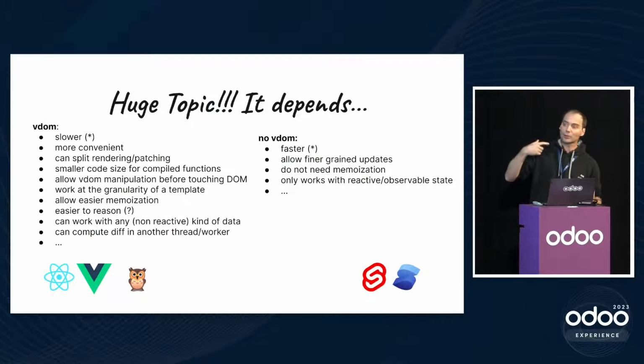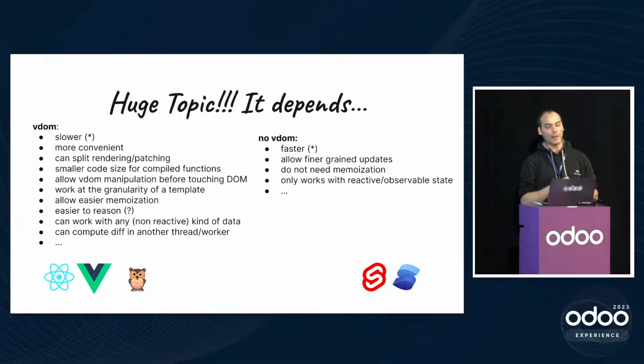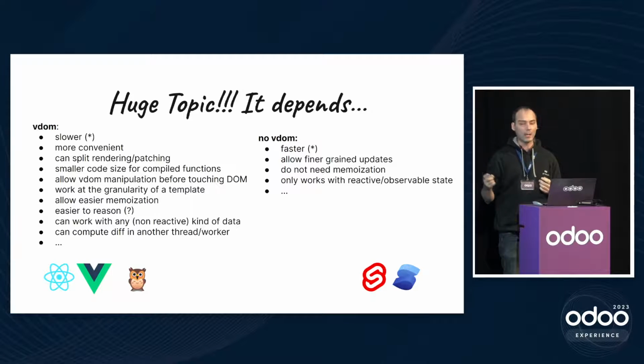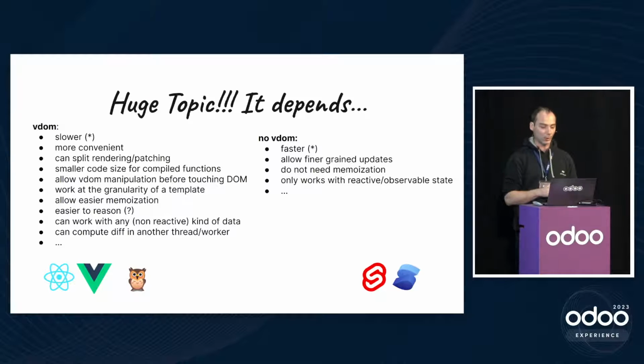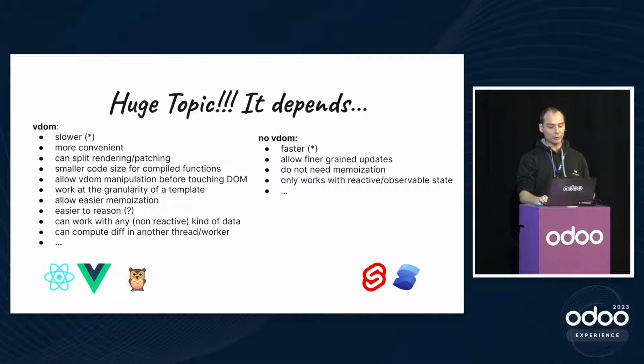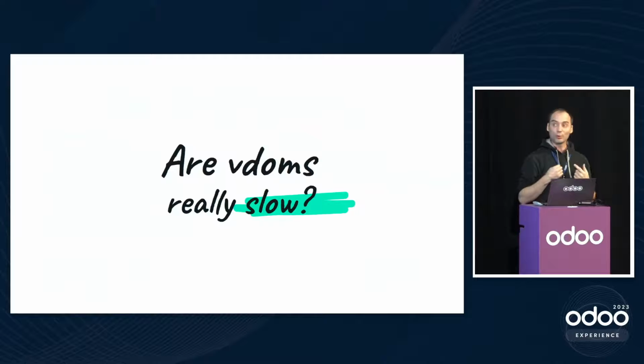Now, the virtual DOM-less approach is kind of new. It was not performant enough in the past. Now it's been shown by the Solid framework and Svelte that it's possible, and you can get very good performance out of that as well, using signals and effects and other ideas. So I would say both approaches work. They have different sets of trade-offs. For OWL, we decided to use the virtual DOM, but with a small twist,